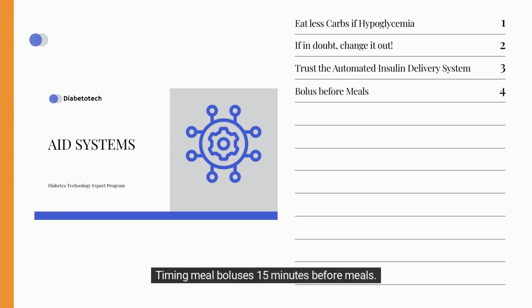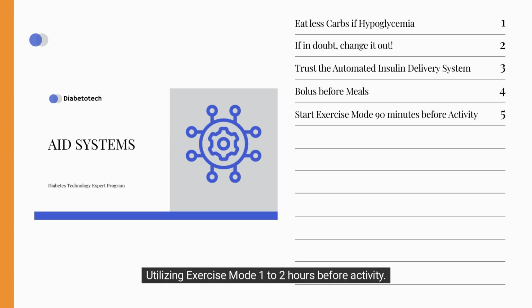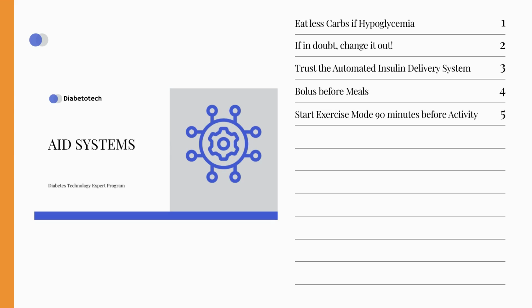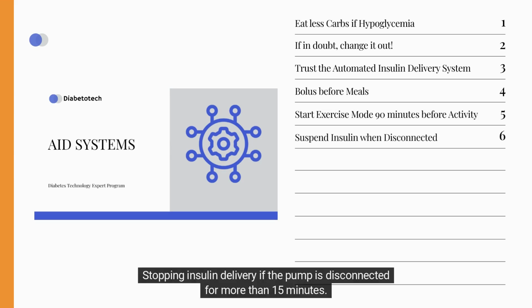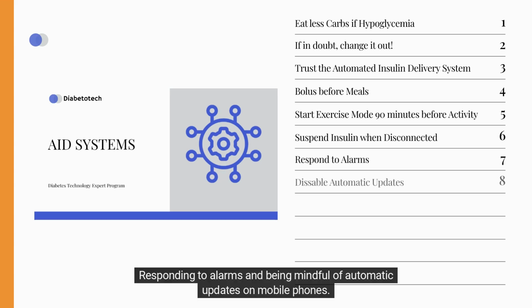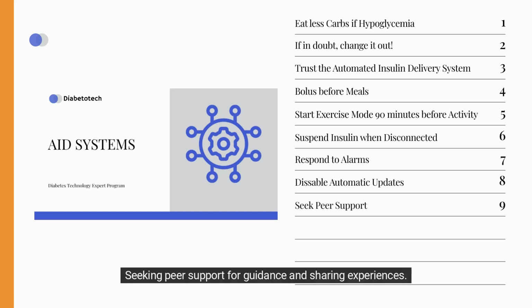15 minutes before meals, utilizing exercise mode 1 to 2 hours before activity, stopping insulin delivery if the pump is disconnected for more than 15 minutes, responding to alarms and being mindful of automatic updates on mobile phones, seeking peer support for guidance and sharing